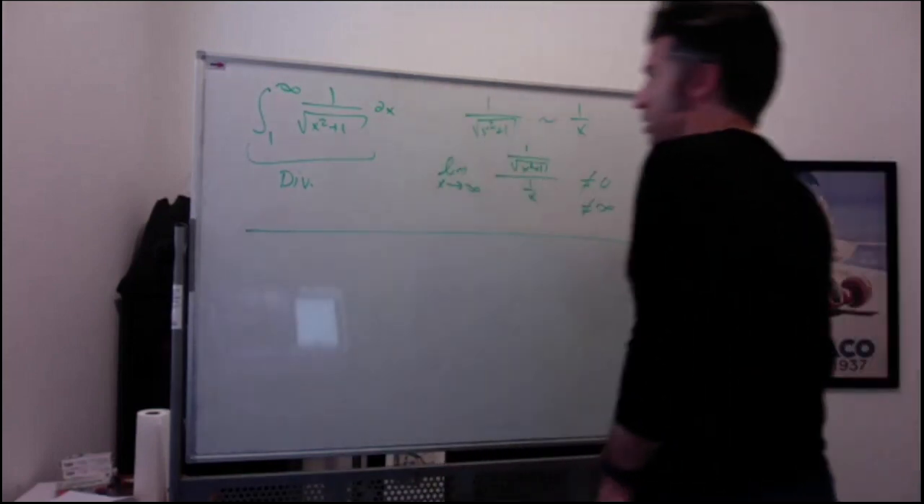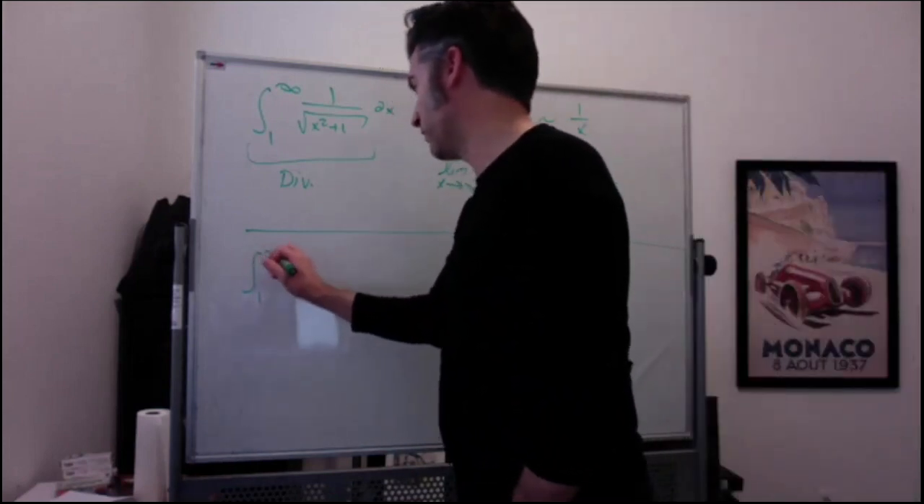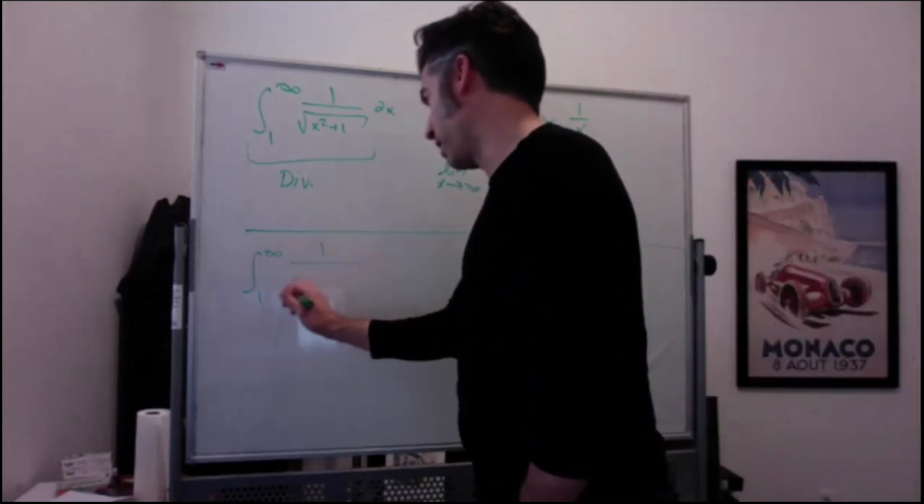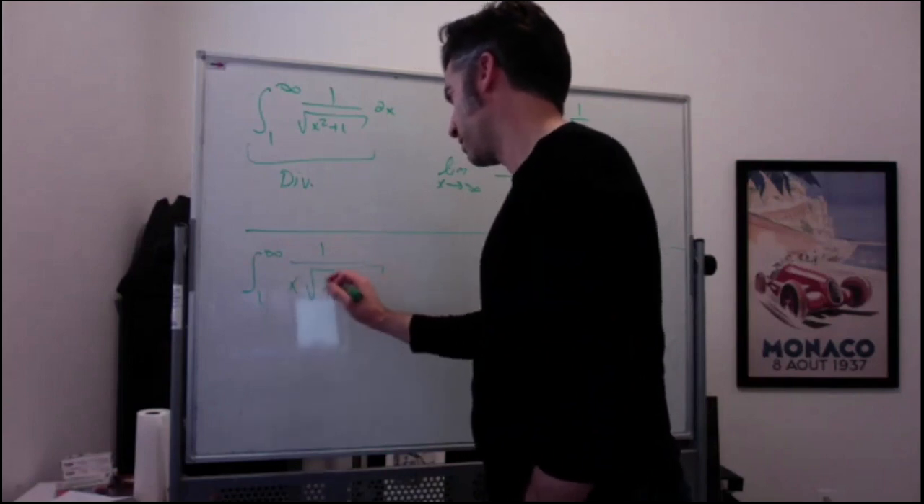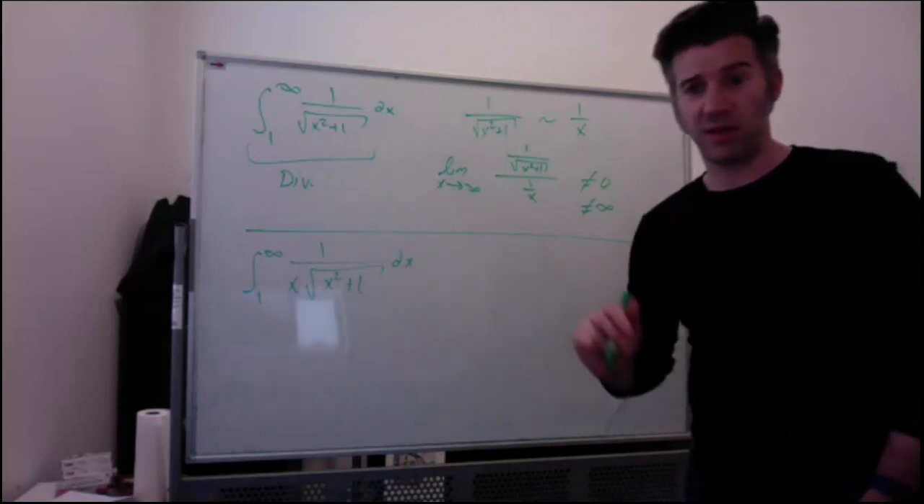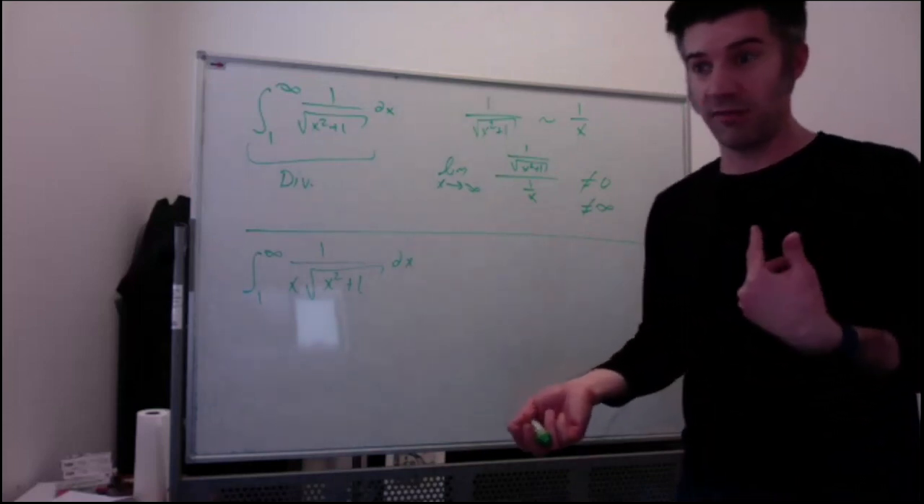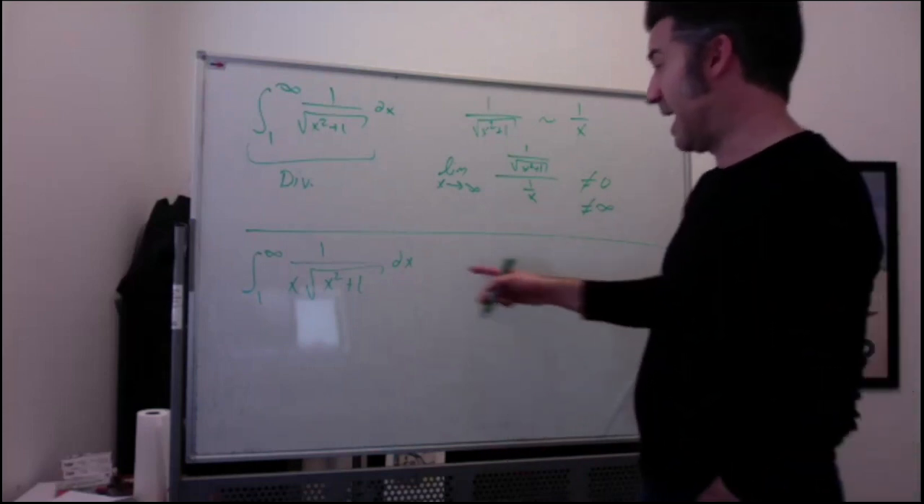Let me look at one more. So on the other hand, let's look at this one. The integral from 1 to infinity of 1 over x square root of x squared plus 1 dx. This one, on the other hand, I'm definitely convinced that this one's going to converge because it's acting like 1